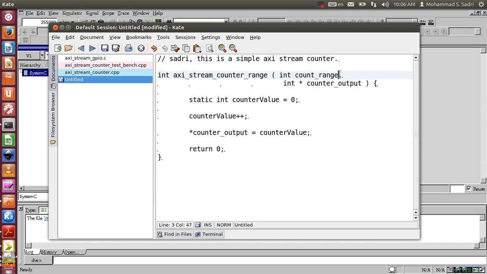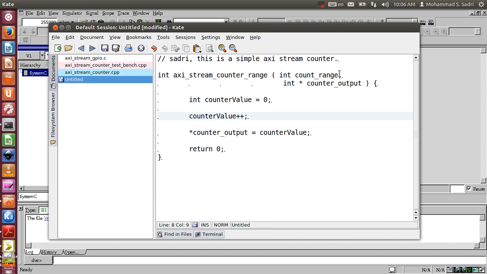So I have counter value, and the point is, this time I don't need it to be static, because I receive the execution task, I do the execution task, I finish it, and then later I receive a new one. So it's int counter value,